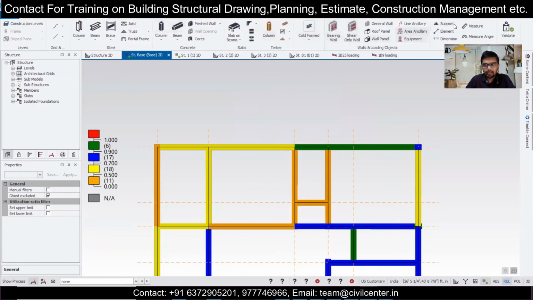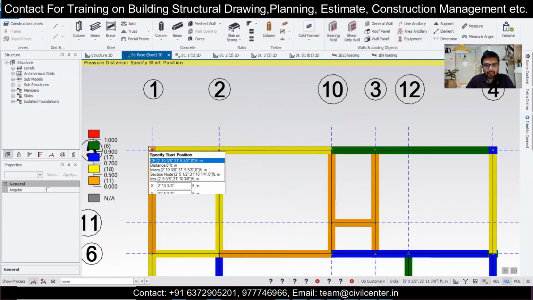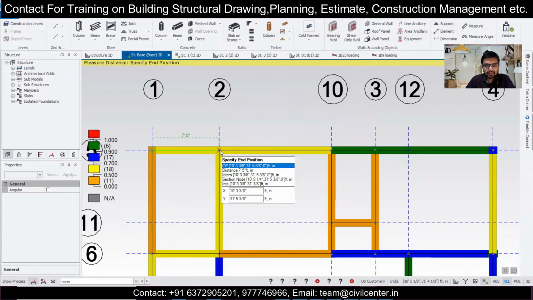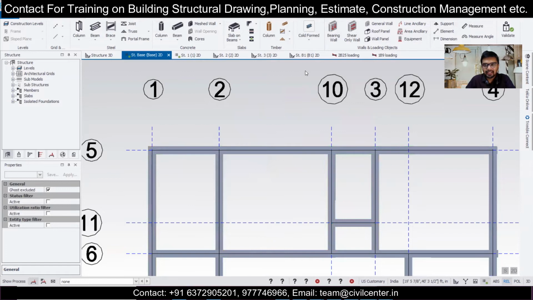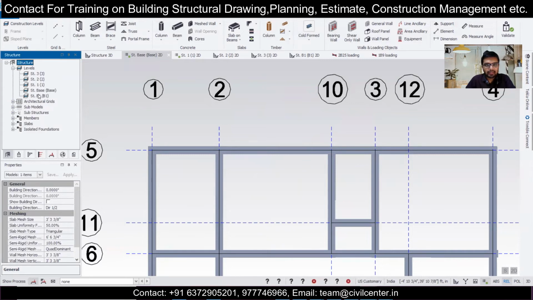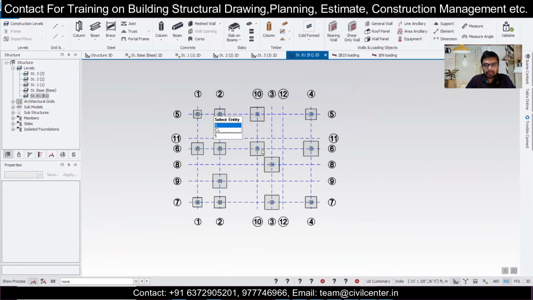And after you have done that, now you can go to the base and check what the measurement is here. It is 7 feet 5 inches, showing in feet and inches in this file itself. So what happens when, suppose, I want to export the results of my foundation layout? So let's say we go to structure B1. This is my foundation layout.